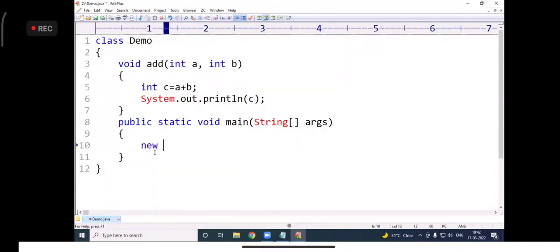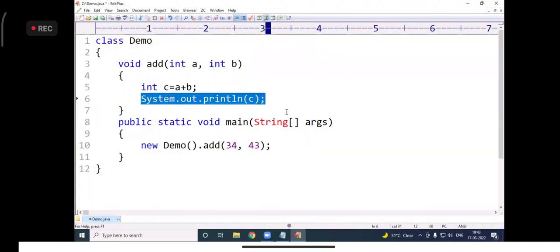Now new demo, object created. After creating, dot add. Then two numbers you can pass. That's it. Now what will happen is anonymous object created. With that object add method called 34, 43. 34 copied in A, 43 copied in B. Result stored in C, printed. It is not returning. So I have given already first category with arguments with return value like this. Second category with arguments